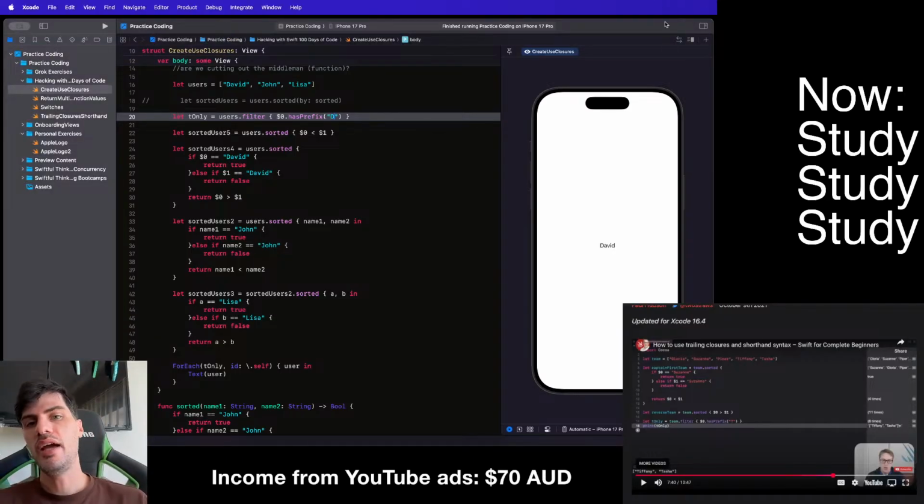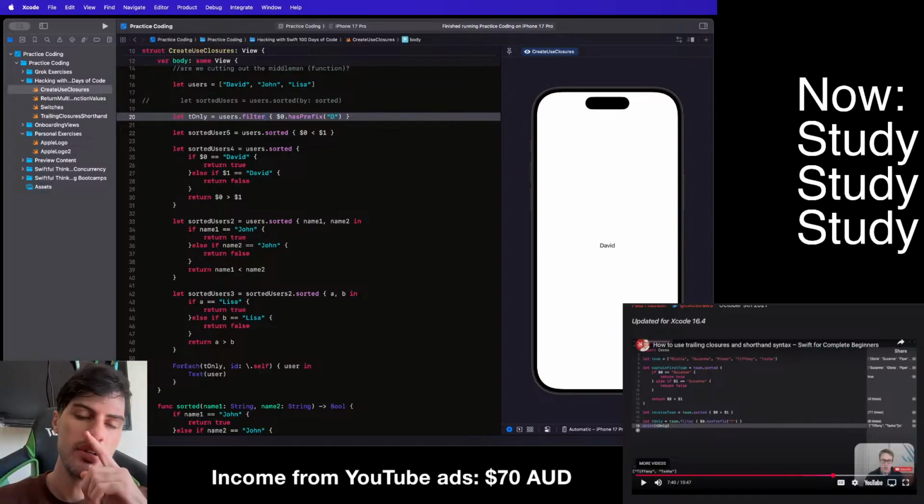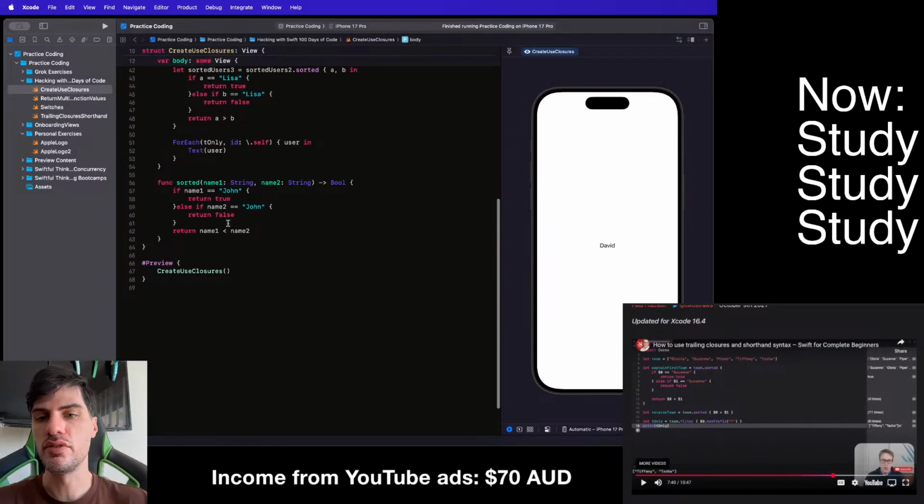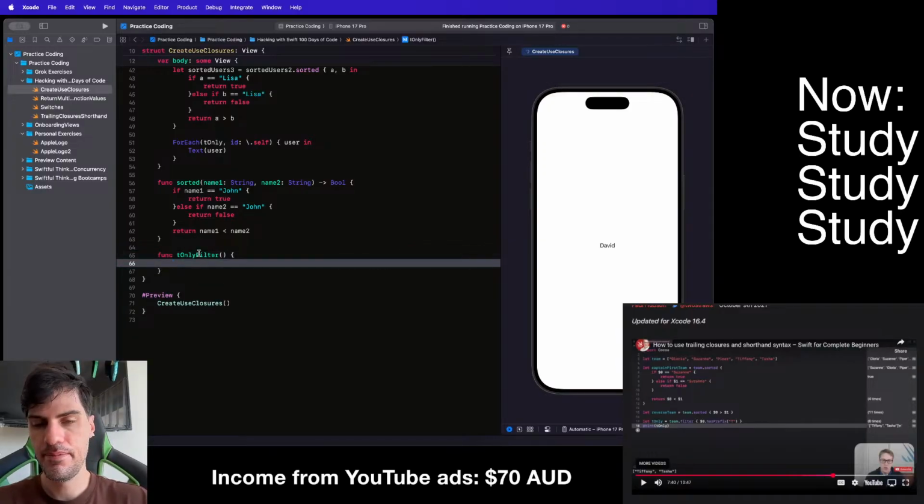How would you set this up so that you get the lowercase and uppercase with like within this? Because I think I know how to do it in function form. Func tOnly filter. Um,